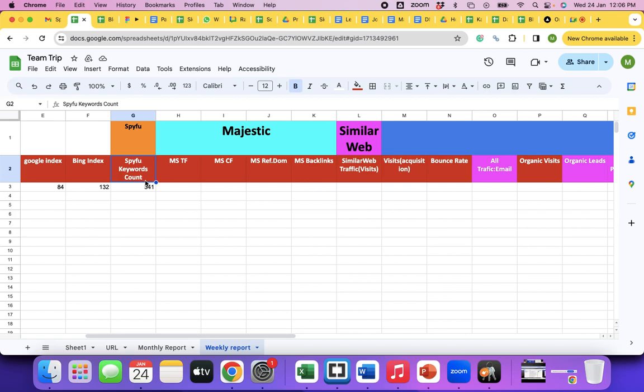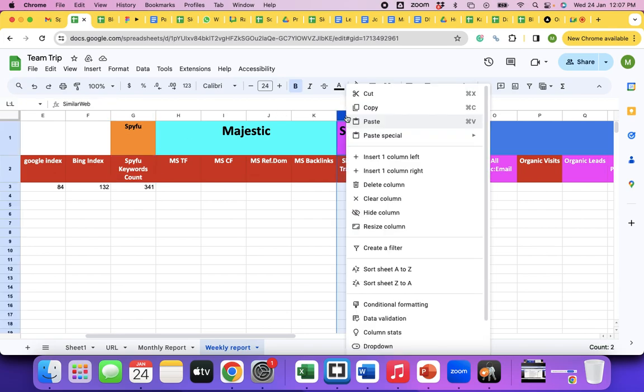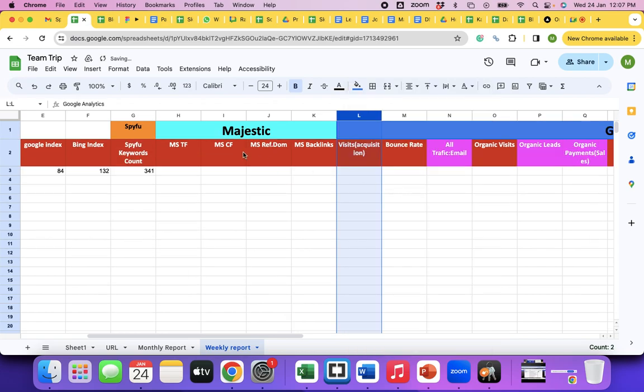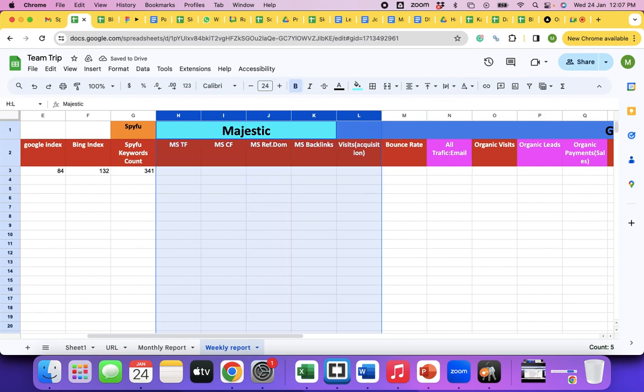Okay, so they started introducing various other metrics. You can check traffic on SpyFu also, right? And Majestic SEO and SimilarWeb, we should remove them. Okay, so what I'll do is I'll remove SimilarWeb. As you mentioned, the table column, everything you calculate, sir. Index to keywords count.